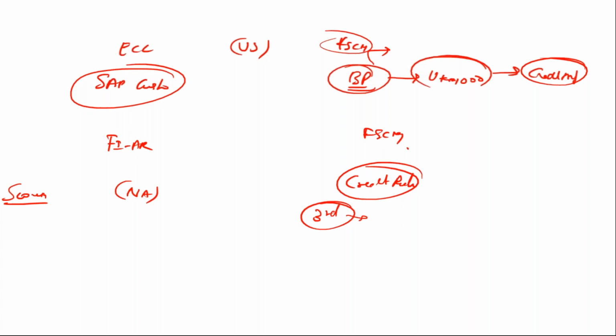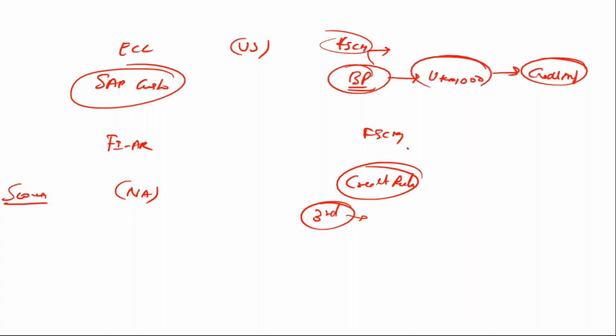Because as a company, I'll be relying on what documents my customer provides, right? Third party agencies have a wider reach in the industry, so they go and collect the rating and rate the customers, and they can feed in their ratings as well. That integration is also now there as part of your SAP S/4HANA structure. The third party agencies also can upload their ratings directly. So overall, I'll have my own valuation for a particular customer, as well as I can refer to the third party valuation, so I can decide how creditworthy this particular customer is, for which I can extend the credit, right?